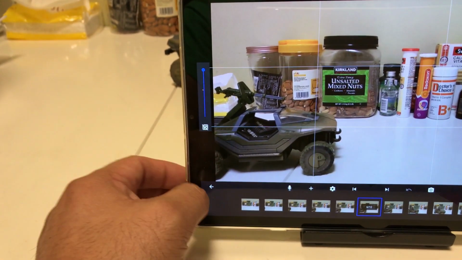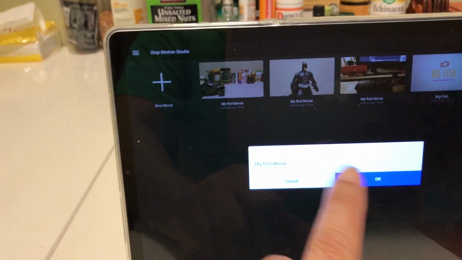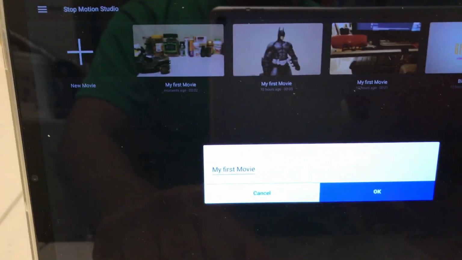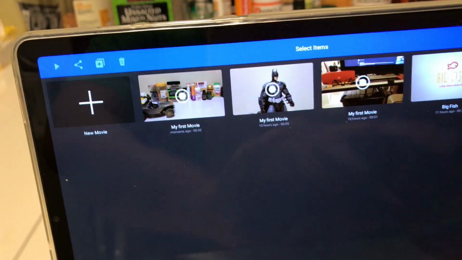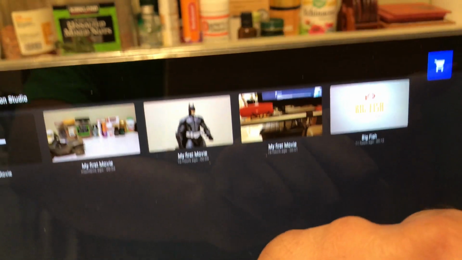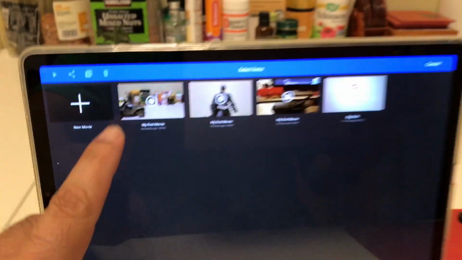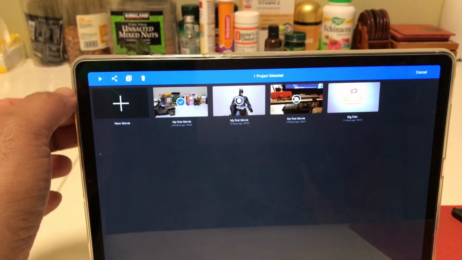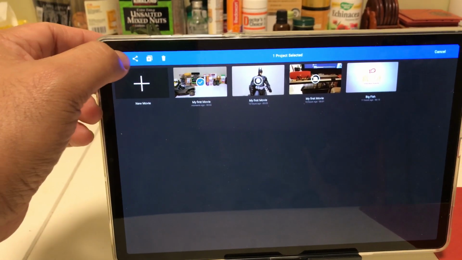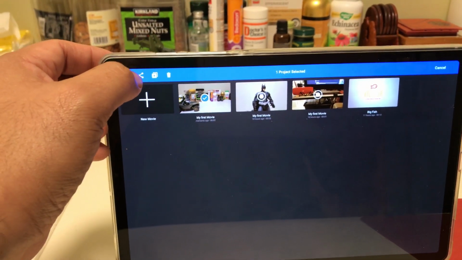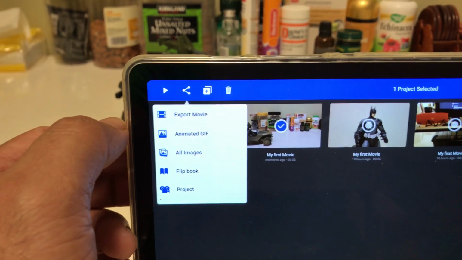Now what I'm going to do is click on this arrow here, which goes back, and then you can rename this if you want to. I'm just going to leave it My First Movie, but you can rename it to anything you want. And then you're going to click on Select. So you click on Select here, and then you pick your movie choice. This is the movie choice, and then you click on this. It looks like a little open triangle on its side or something. So it clicks on Share, and then Export Movie,